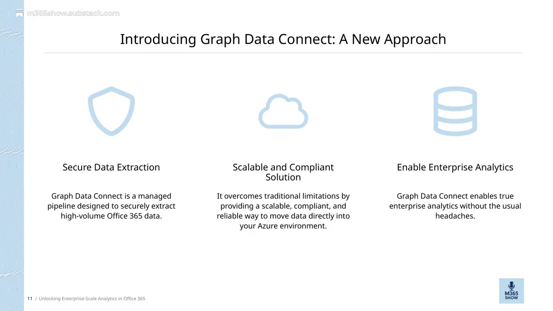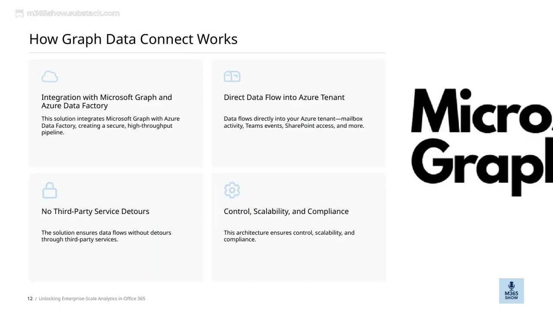What's more, Graph Data Connect is a managed pipeline, meaning it's designed to securely extract large amounts of Office 365 data without compromising on security or compliance. This approach represents a new way of thinking about enterprise analytics, making it easier, more secure, and more scalable than ever before. Now, let's take a closer look at how Graph Data Connect works to unlock enterprise-scale analytics within